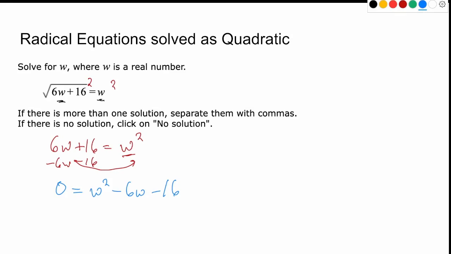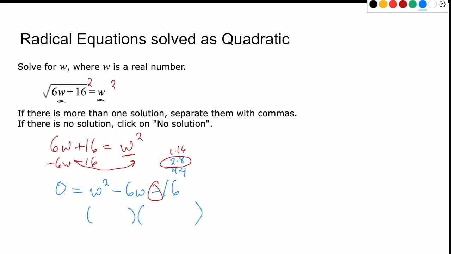Now, again, we could solve this with the quadratic formula like we did. Let's see if we can factor 16. That's 2 times 8. That's 4 times 4. And then since there's this subtraction, this negative, we're going to be subtracting. So which one of these pairs, and I guess we could throw in 1 times 16, when you subtract them, gives you a 6? Well, 2 minus 8 is 6. So that's the pair we're going to use when we go to factor.